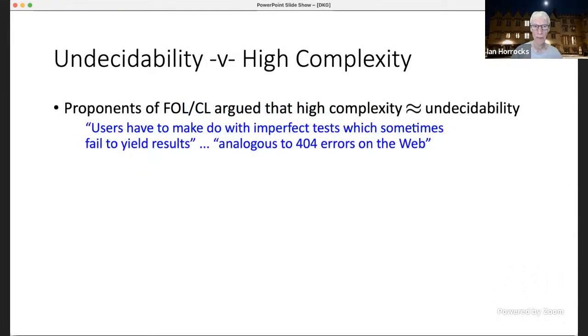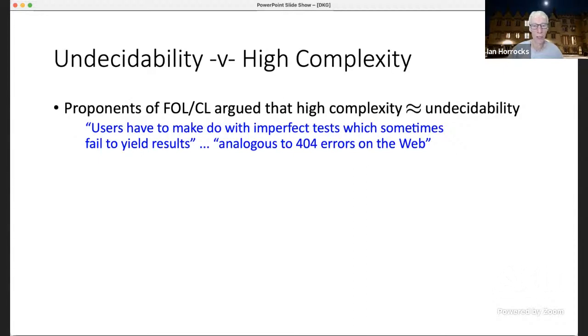I just wanted to say something very quickly about this argument actually between undecidability and high complexity, which was going forward quite a lot during both the working groups, but mainly during the original OWL working group. So there were some people in the camp of, it's not expressive enough, who felt that OWL should have been based on at least full first order logic and perhaps even common logic, which sort of extends first order logic with some sort of higher order flavor.